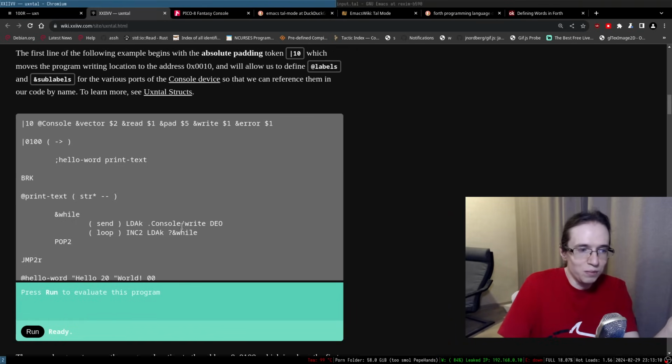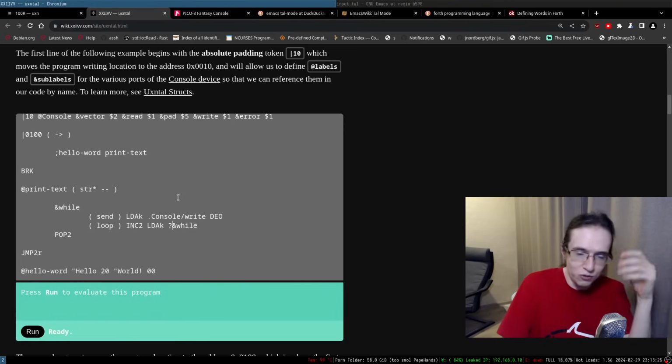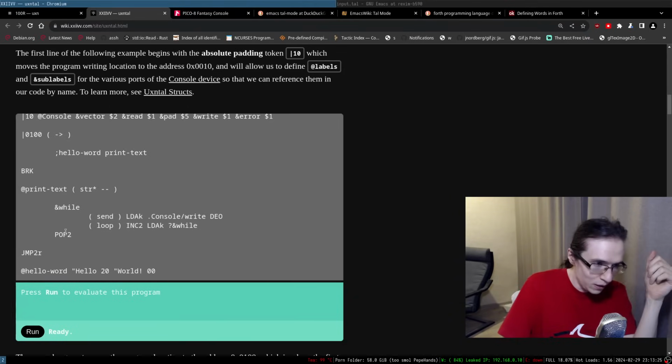Then jumps back to the while. So it basically references while back. By the way, I don't know what any of this means at all. But that doesn't matter. That's kind of the point, right? I'm using my brain as a sort of pattern recognition. I'm just trying to see the patterns and find connections between them.